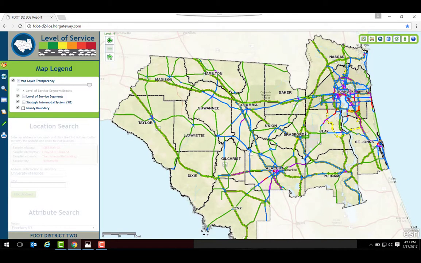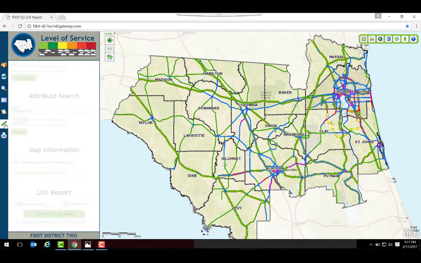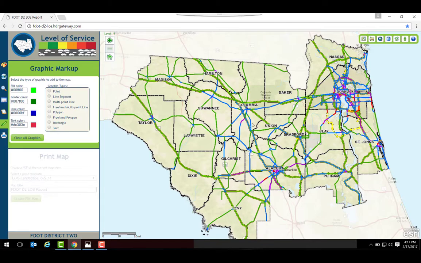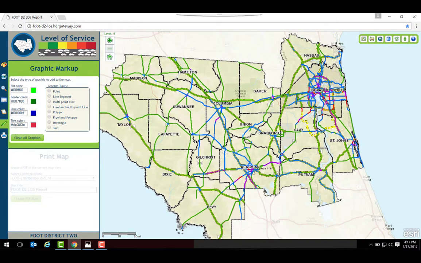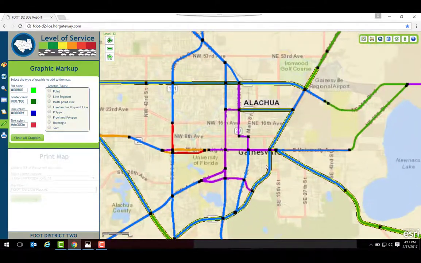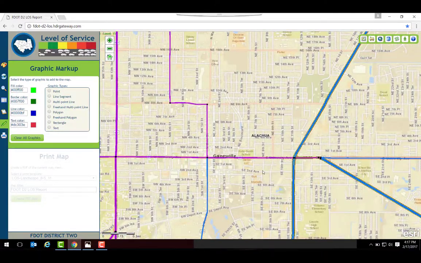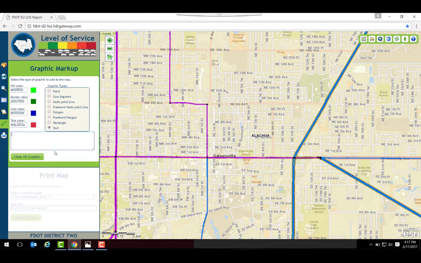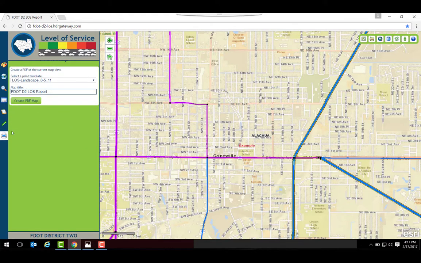We go to Reset Map. That means we zoom out to the default view and turns back on all the layers and symbology it was before. And I show you another functionality we built in, and that allows you to create custom maps with markups that you might want to add on the map yourself. So you can zoom in anywhere on the map, and if you wanted to, you could add some text on the map. And I'll just show you as an example how that would go. So I'm selecting this to put on the map. You can see it, put it right here, and in the next dialog underneath you can then